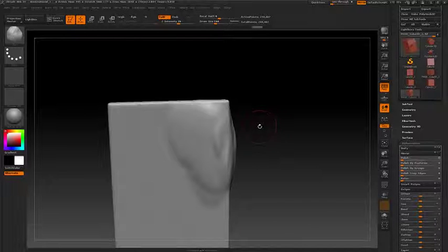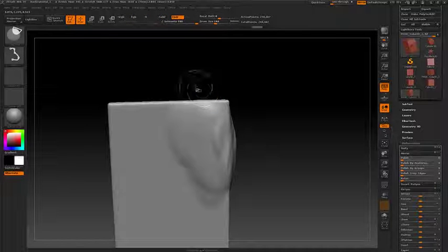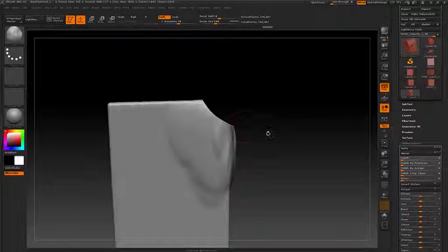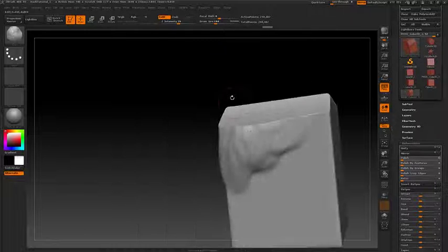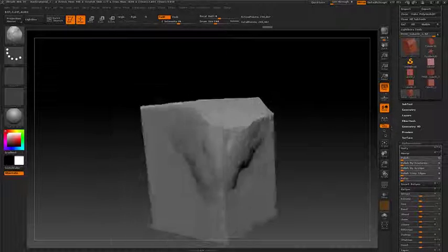And the neat thing about this brush is that if you press and hold Control and Shift and drag, and before release you just tap the Alt key and move the mouse again, you'll see that this time this is not a straight line, it's a curve. And that really helps you with breaking up the mesh in really interesting ways. So as you can see now, it will cut and form this very nice